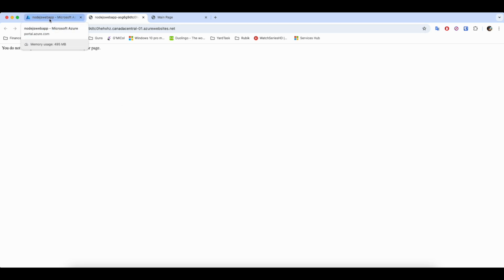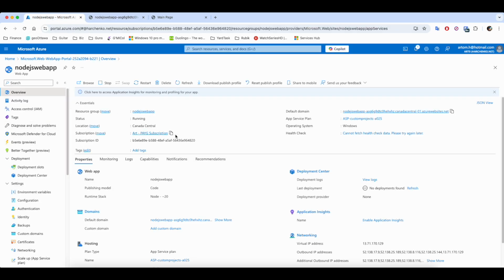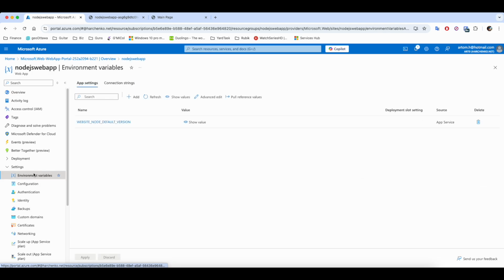That's happening because of that additional parameter that we haven't included yet, or the additional environment variable, which is only required for Windows operating system web applications, right? So see, the operating system is Windows, so this is why this environment variable is required. In order to add that extra environment variable, you have to go under settings. So when you look at your application, you have this menu item called settings, and you go to environment variables,